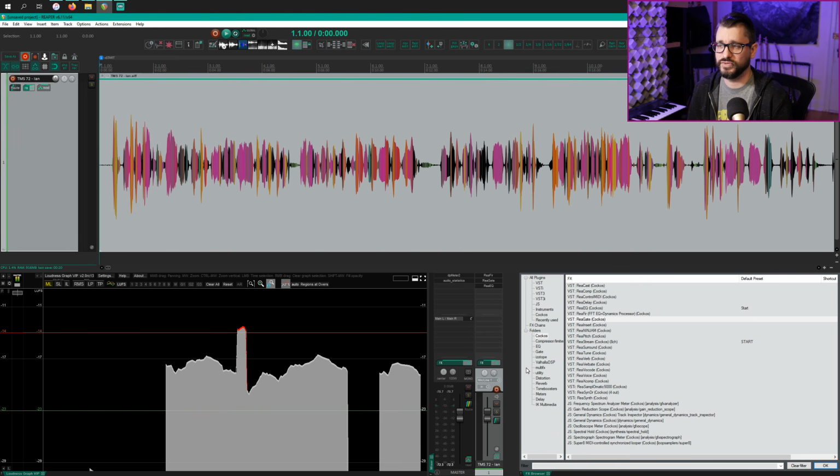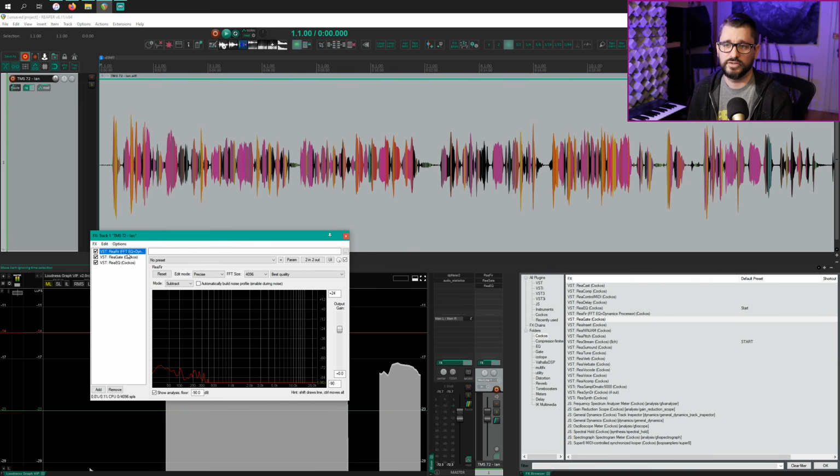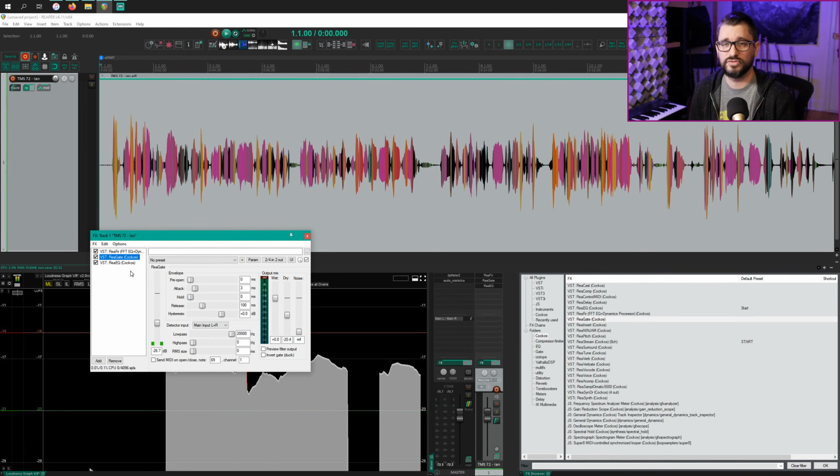So just to recap what we've done so far, we've got ReaFir on here to clean up any broadband noise, any constant noise in the signal. We're using ReaGate to push that noise even further lower, and also clean up breaths and things like that. We're letting some of the breath through, or some of those quieter areas through, by bringing up the dry control on here. ReaGate is basically an auto mute, so it's going to mute anything that's quiet. So bringing this up lets some things still through,